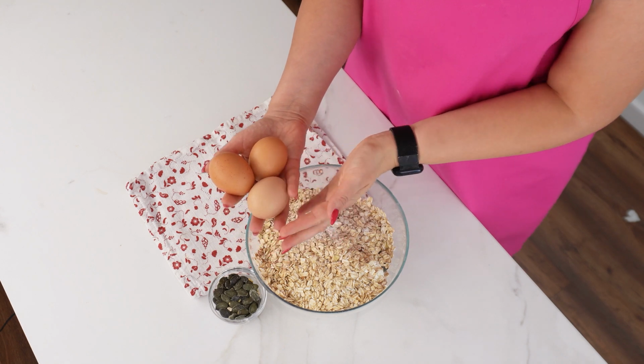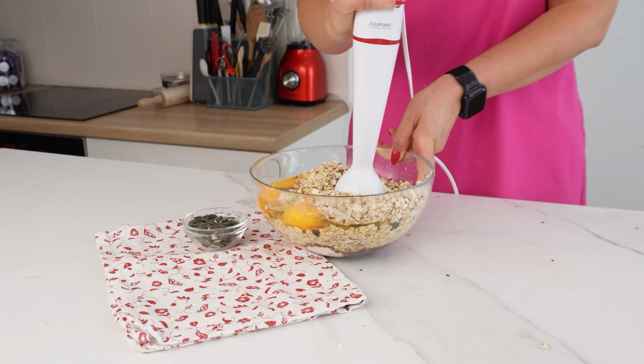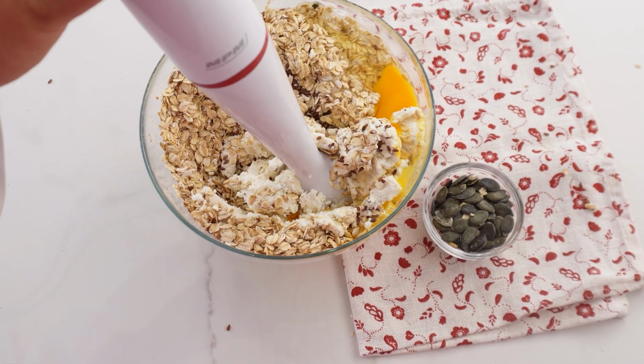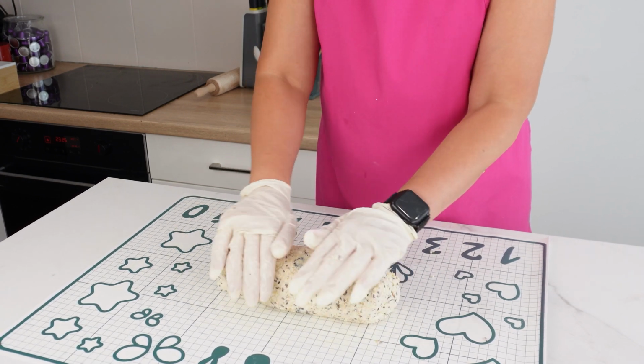Take 3 large eggs, crack them, and add them to the mixture. This will help create the perfect consistency. Then, blend the mixture into a fairly smooth mass using a blender. Thoroughly mix all the ingredients with the blender. Finally, add pumpkin seeds. Spread the dough on a baking mat, shape it into a loaf, and transfer it to